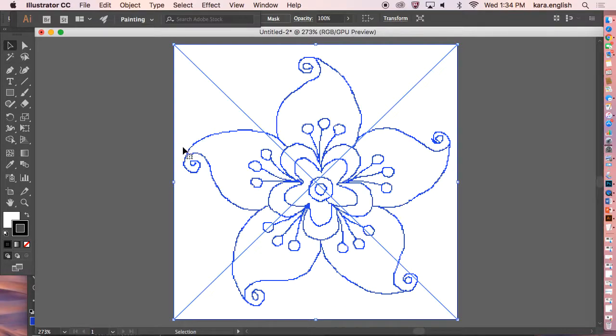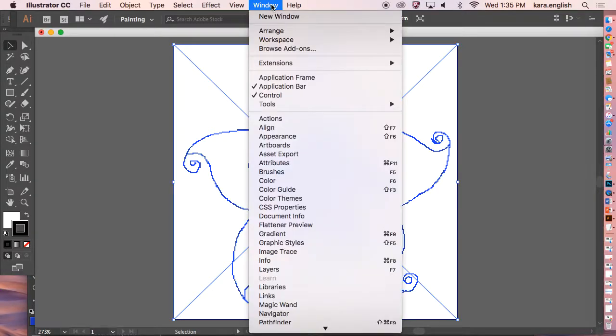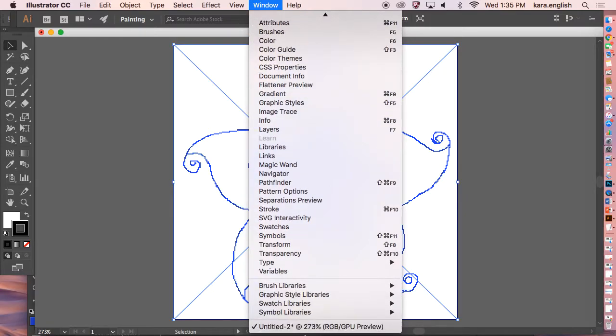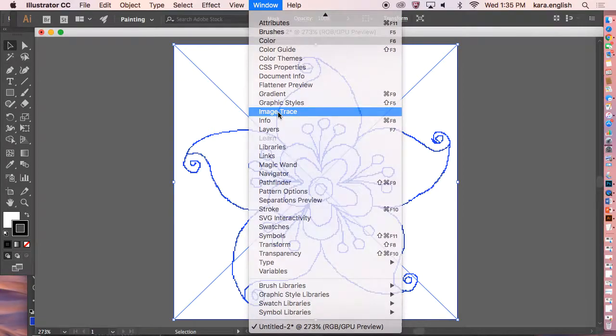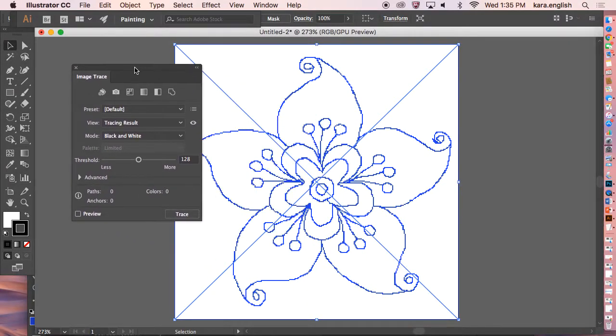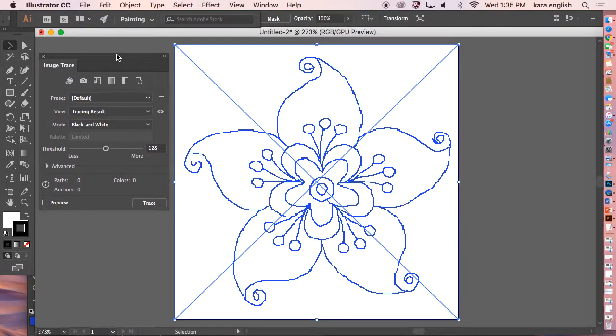And then I want to leave it with the little X going through it and the little tiny dots on the corners, because at that moment I'm ready to do what's called Live Trace. If you don't have Live Trace in your top, then you can go down under Window and look for it. Image Trace is what it's called here under this part of the program. And I pulled that up, and it will allow you to trace an image in all kinds of ways. The default one is black and white. And what this is going to do is clean up and make your trace